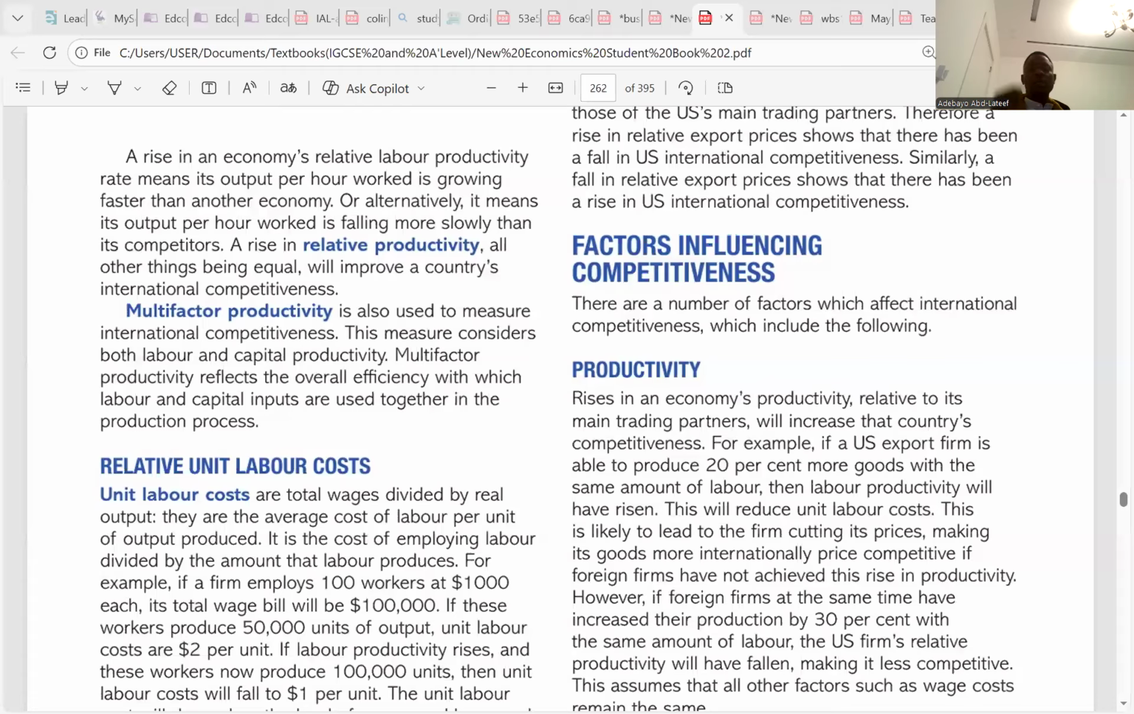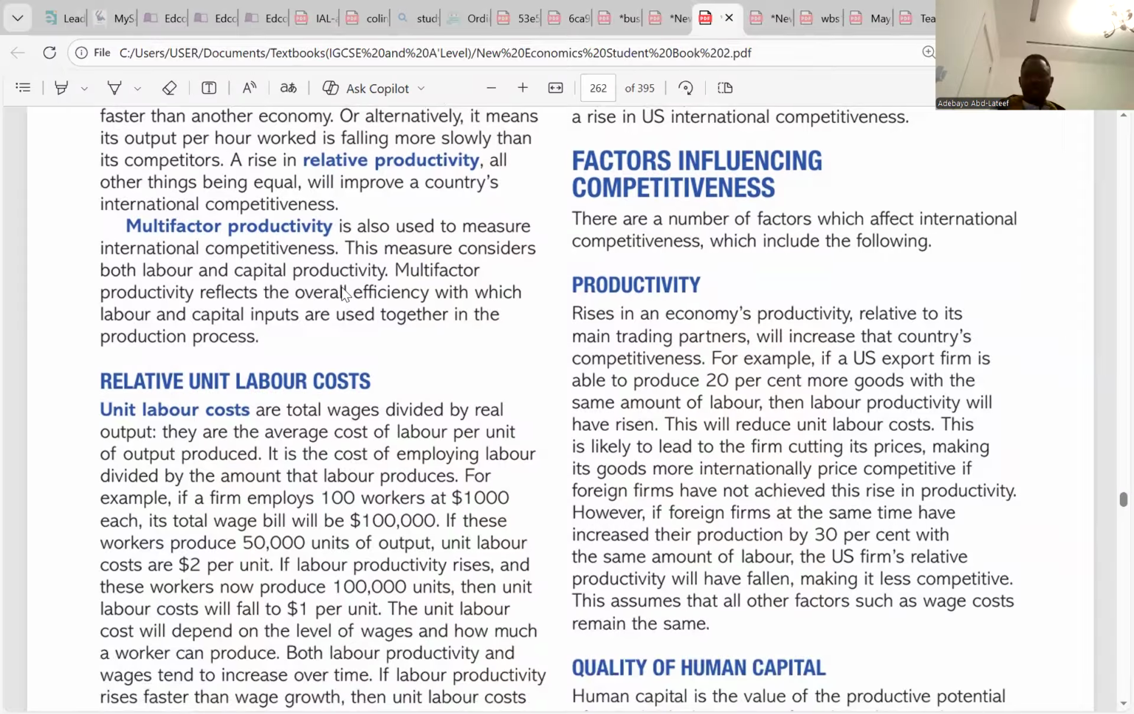So we're still on international competitiveness. We're going to the factors influencing competitiveness. There are a number of factors which affect international competitiveness, which include the following. One, productivity. Rises in an economy's productivity relative to its main trading partners will increase that country's competitiveness. For example,